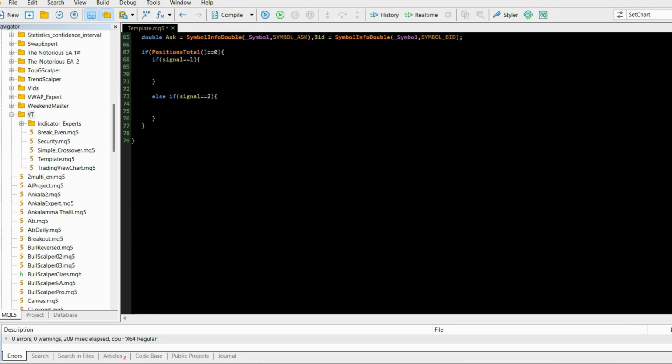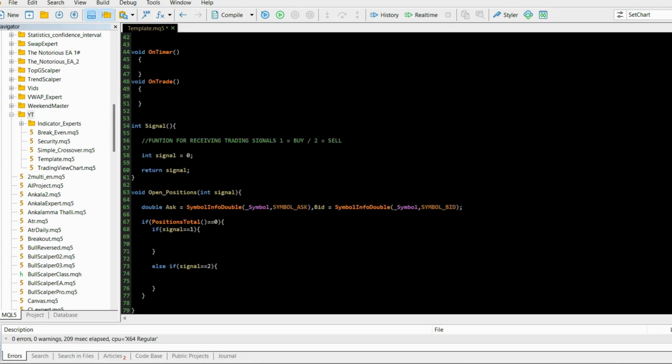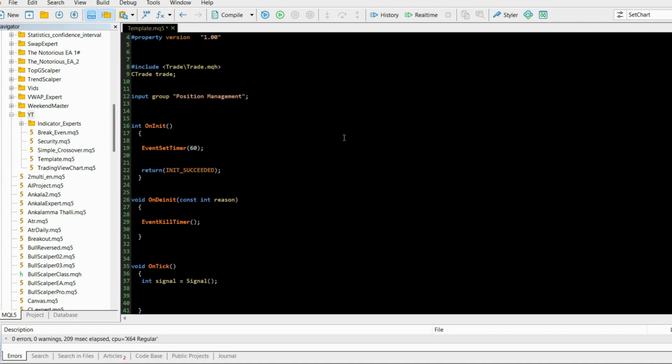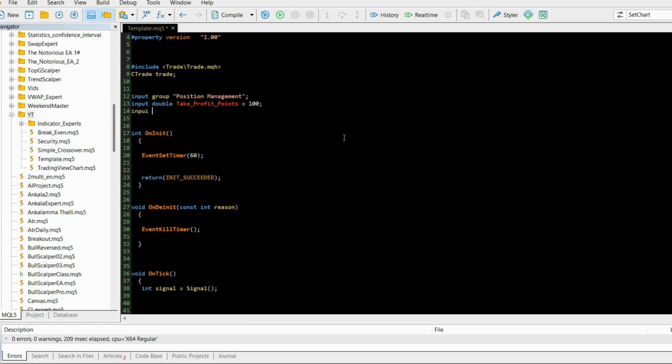So when opening positions we need to know what our take profit and stop loss is, and that's what we will declare in here. So first is going to be group, so let's call it position management, something like this. It really doesn't matter at this point, but yeah, let's call it like that, and let's create two variables. So the first one is input double take profit points, let's set that to 100, and the second one is input